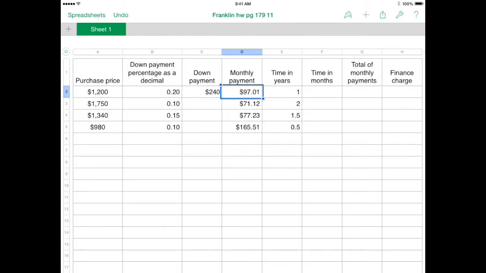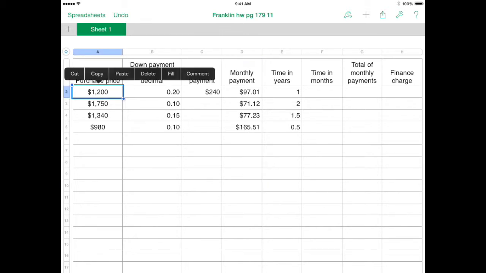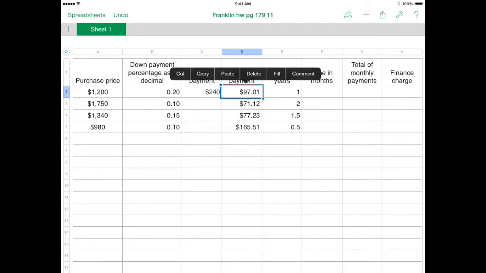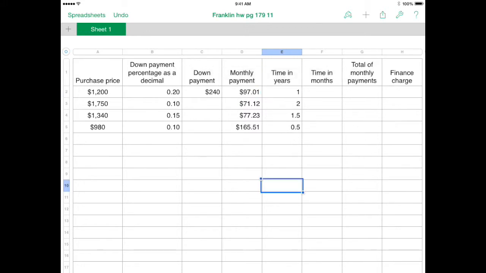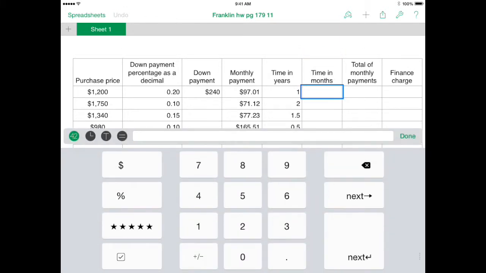Looking to the right, I can see that the monthly payment for this loan, after I've made my down payment of $240 for a total purchase price of $1,200, I've agreed to make a monthly payment of $97.01 for 1 year. Notice that the time in years is 1. But for 1 year, I have to convert that to months. So in order to convert that number to months, of course, I'm just going to do 12